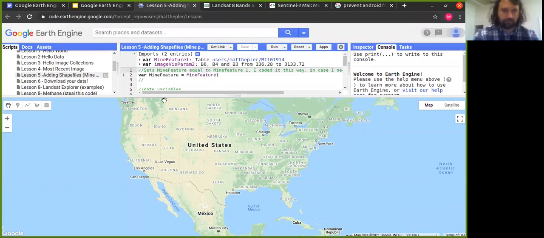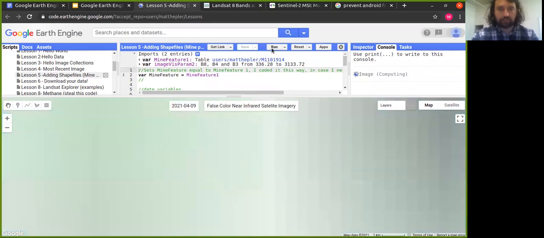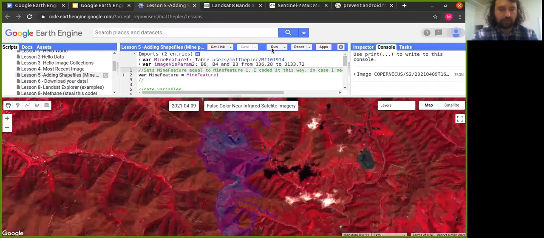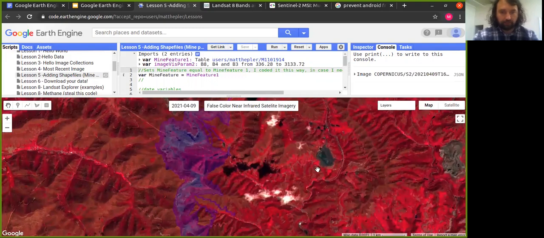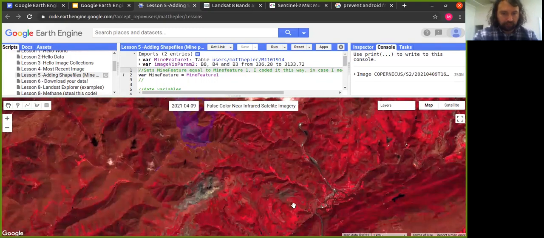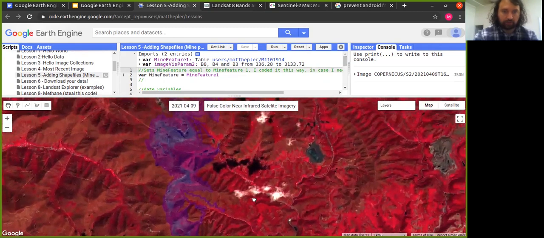Okay, so that takes us to lesson 5, adding shapefiles into our data, and in this case, mine permit boundaries. This algorithm is basically going to do the same thing as the last, except it's going to display a mine boundary, which most of the state agencies have in various GIS formats, including shapefiles. So here, when I click run, we move to a mine just to the north of where we were. This is permit